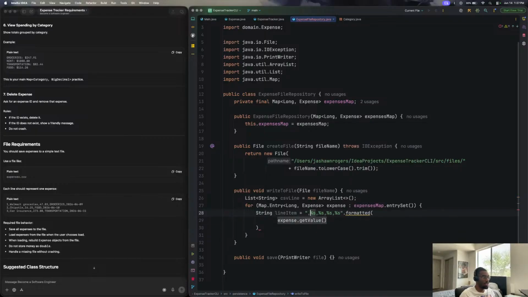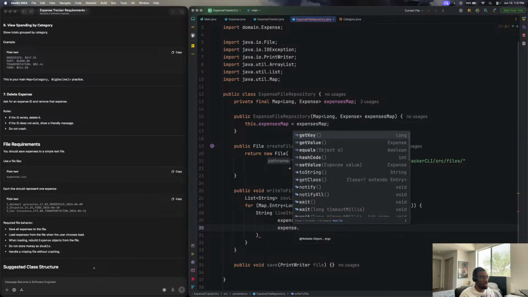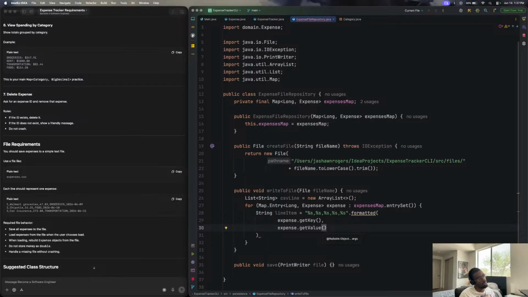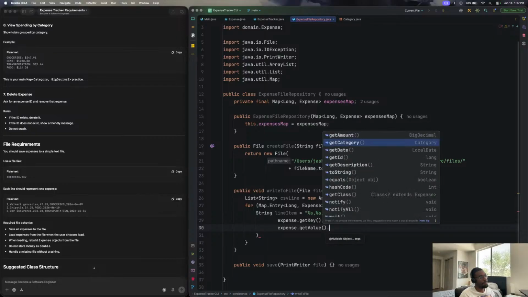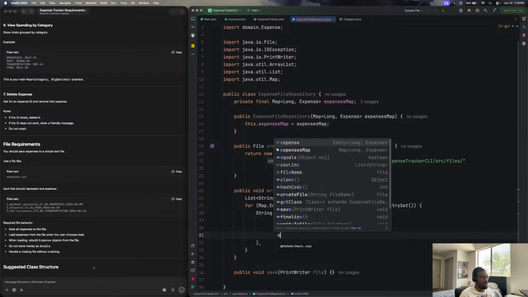Let's put the key in there since everybody's adding the key, since that's mapping to it. So this will be as, and then this will be dot get key for one, and then expense dot value, the description, and then